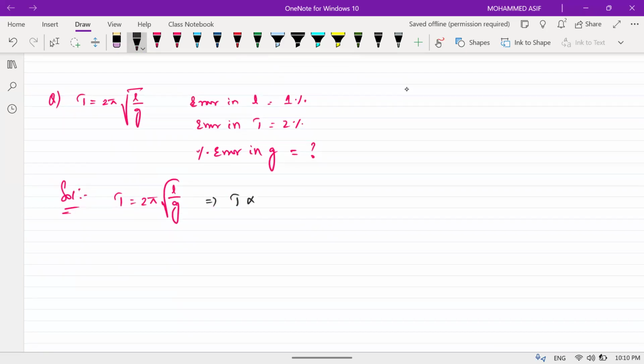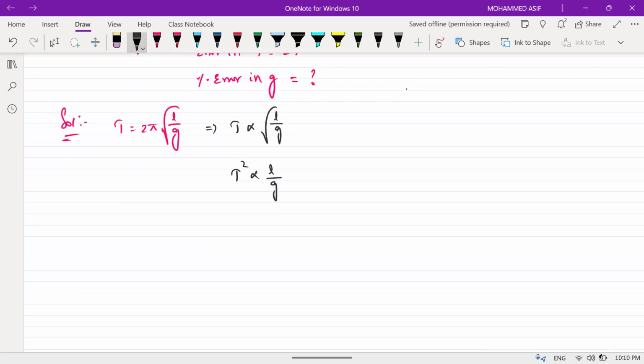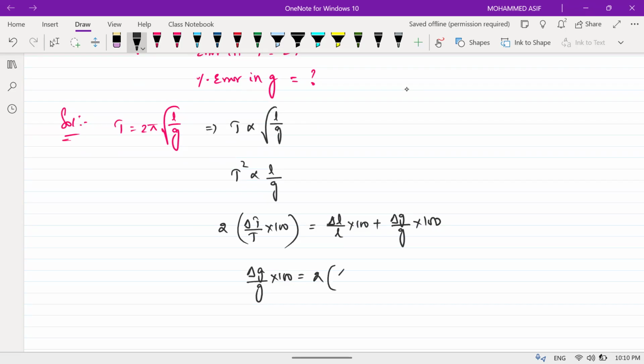टाइम पीरियड इज डायरेक्टली प्रोपोर्शनल टू रूट L डिवाइडेड बाय G। कितना आया? 5%. वेरी गुड। t square is proportional to L divided by G, isn't it? तो अब इसका एरर लिख लो। So it is 2 into delta t divided by t into 100 is equals to delta L divided by L into 100 plus delta G divided by G into 100। हो गई बात। So अपने को चाहिए क्या? delta G by G into 100, that will be equal to 2 times of delta t by t into 100।